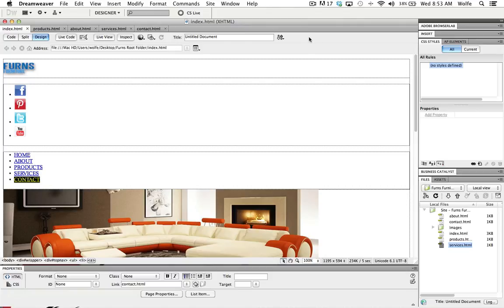All right, and the last thing we need to do in this little part here is create a style sheet that we're going to use later on to effectively style our website. Instead of going to File, New, or outside of Dreamweaver to do this, we can just make sure nothing's highlighted here. We can right click and create